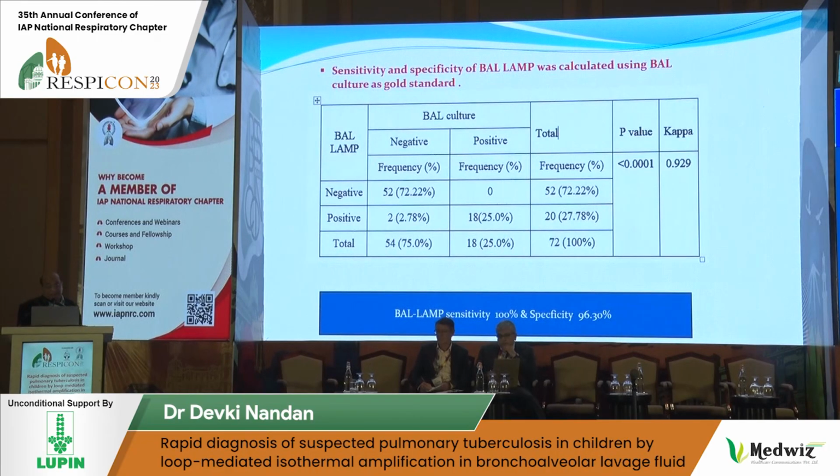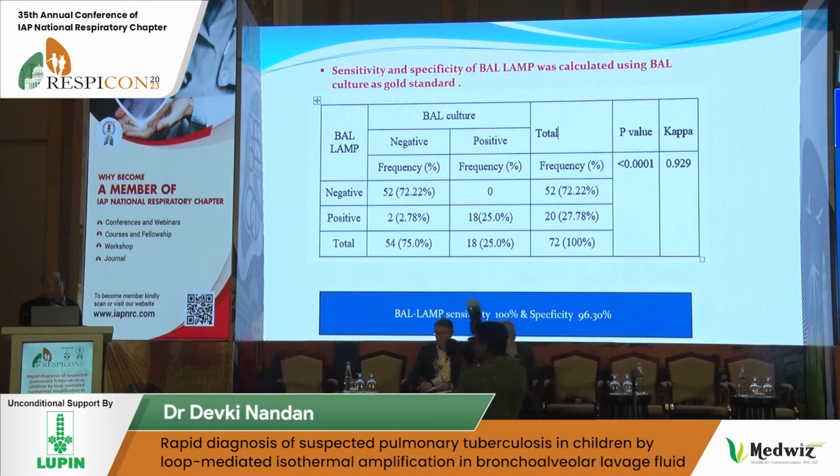The sensitivity and specificity of the BAL LAMP was calculated using the BAL culture as the gold standard. This is the BAL LAMP on one side and BAL culture on the other side. The BAL LAMP positivity was 27.78%, and the BAL culture was positive in 25%. The BAL LAMP sensitivity turned out to be 100% and the specificity was 96.30%, and the p-value